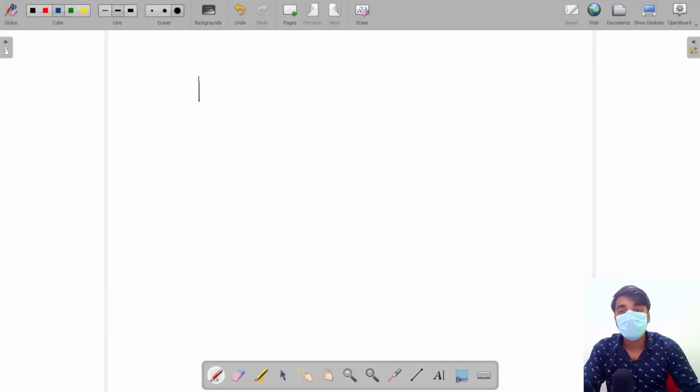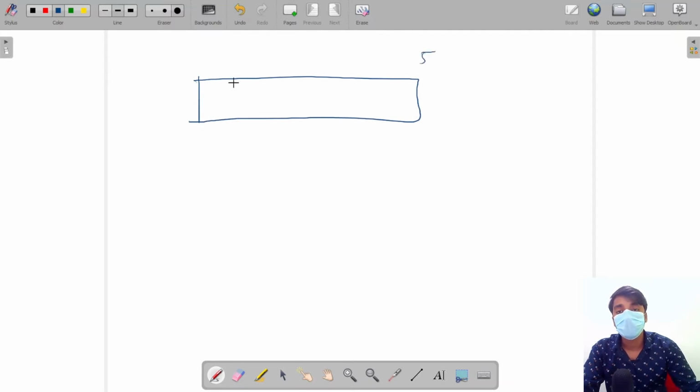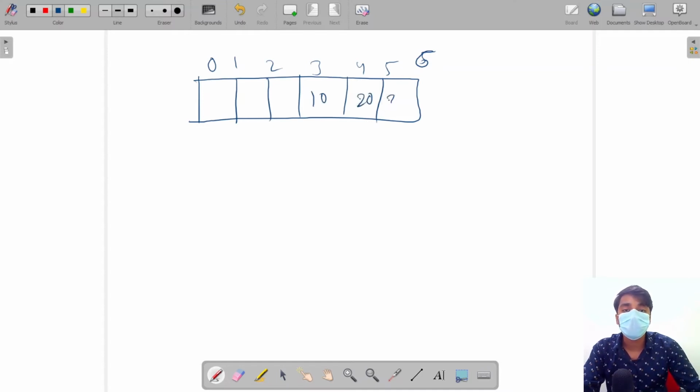Let's take a data array of length 6: 0, 1, 2, 3, 4 and 5. So this is the length of 6. So if the values are saved like this: 20, 30, 40, then 50, then 60, then 70.